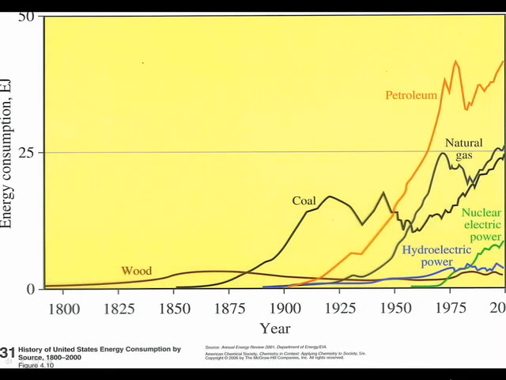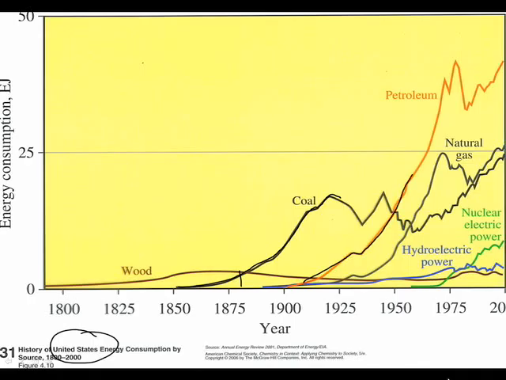Let us now talk about fossil fuels and all sorts of fuels and how our society has changed. Look back in 1800. All the way up to 1875, wood was the predominant source of energy in the United States. In a lot of places, wood still is the predominant energy source, right? Then they started using coal in huge amounts. Oh my goodness, it went way up. And this was used primarily for heat. Okay.